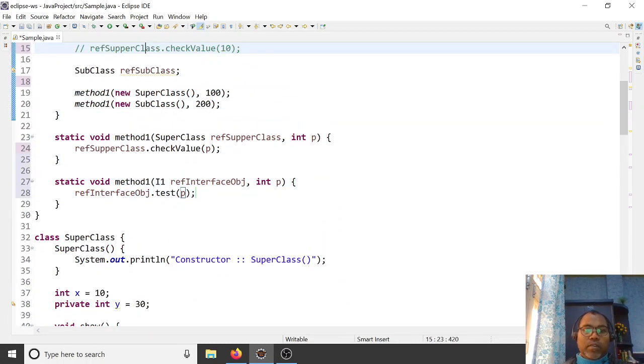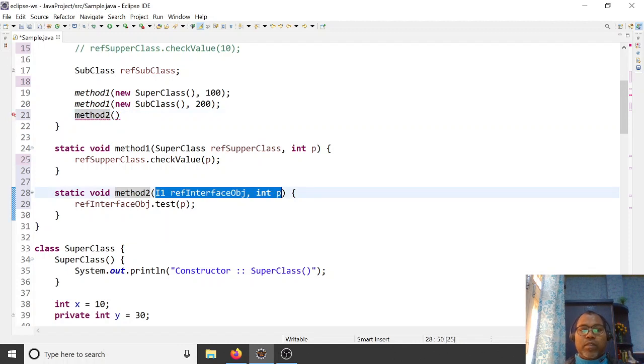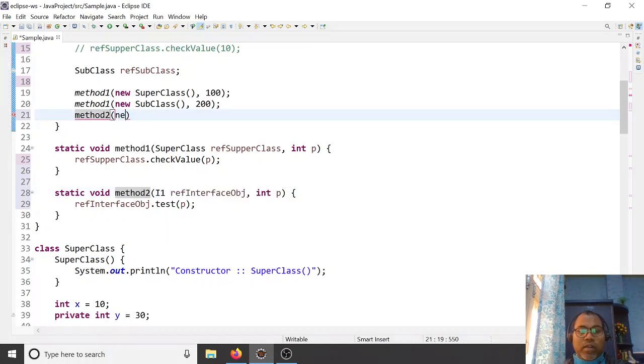Let's say I pass the same method m1 here. It is expecting, no, that's not m2, so let me clear m2. You have to pass an implementation of the interface. In an interface, you cannot create a new I1 object.